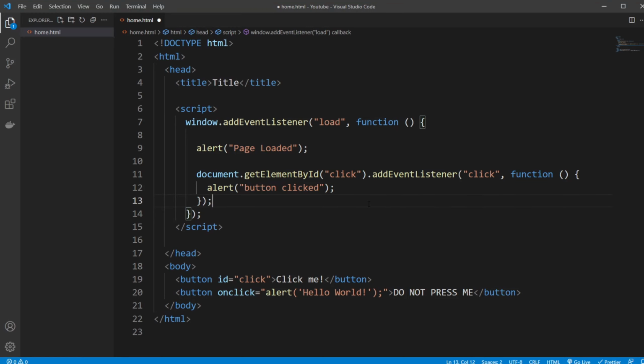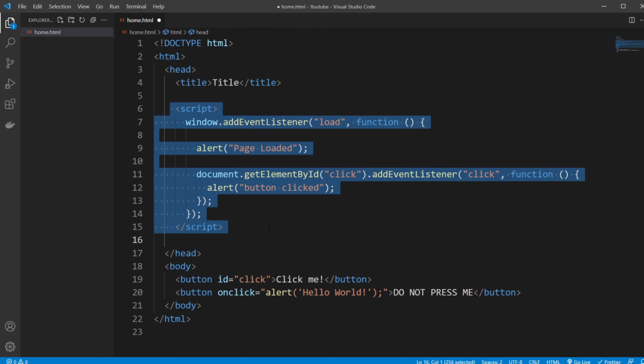Hey, it's Random Code here, and today we're going to continue with some web development, where today I'll talk about events with JavaScript. So I just have a very simple basic HTML setup with a script containing some JavaScript and